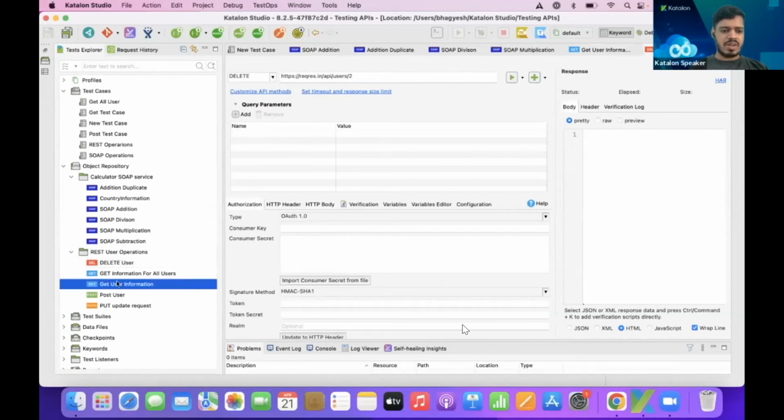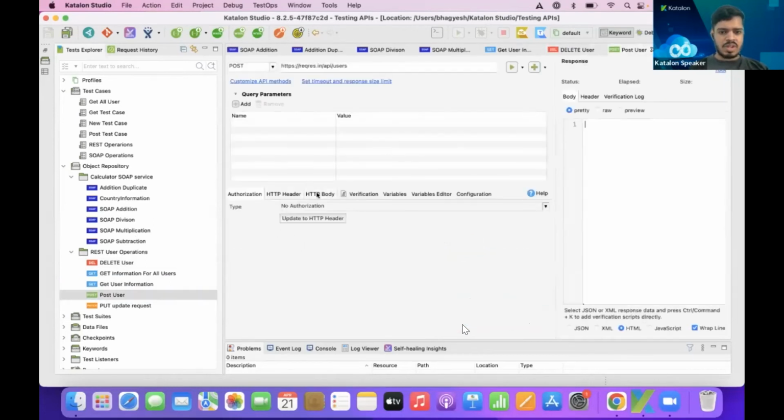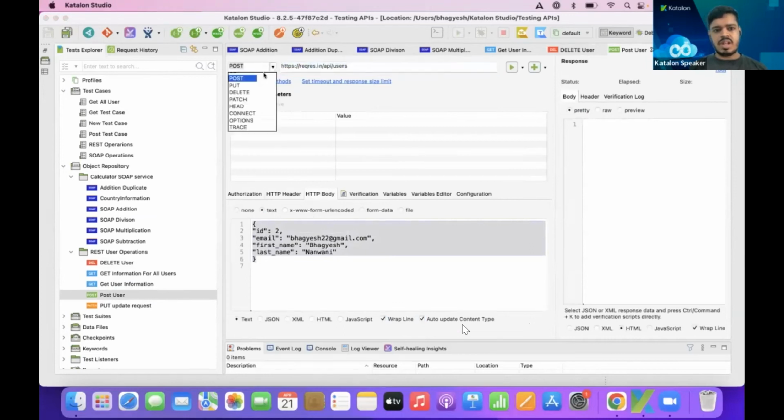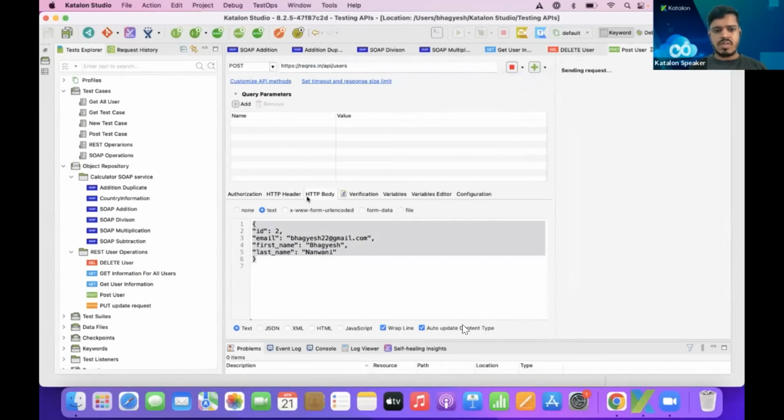Now we have seen the get request. Now let's see a post request. If I click here, it will show me a post request where I'm creating a new user. These are the things that I am passing inside the HTTP body. The endpoint is the same, but instead of get, I am using post here. You can select the post method from the dropdown. And if I save it, run this, and click on test request and verify,